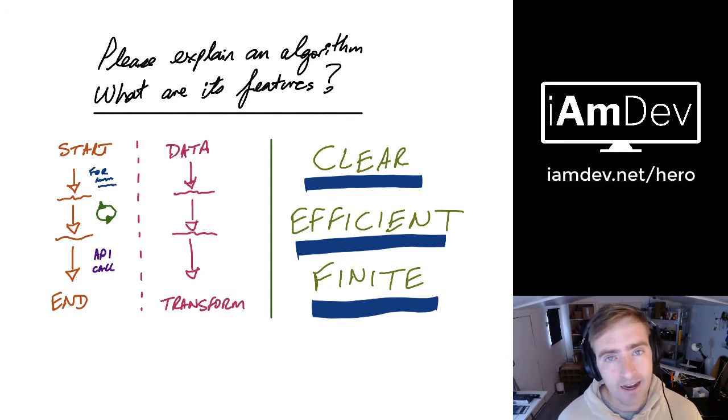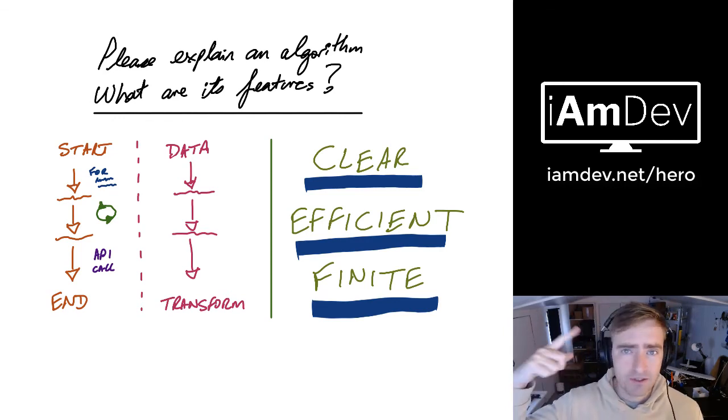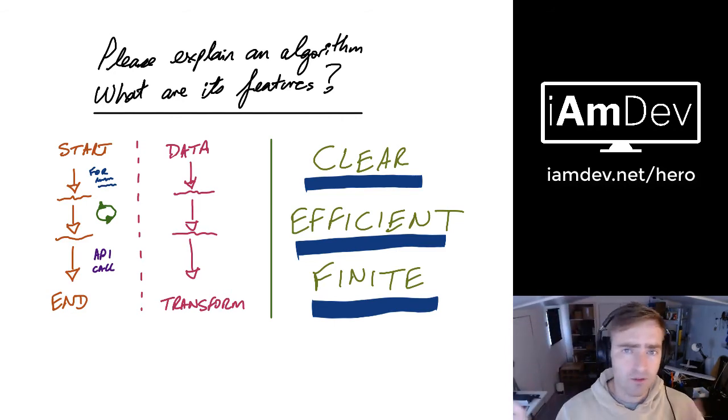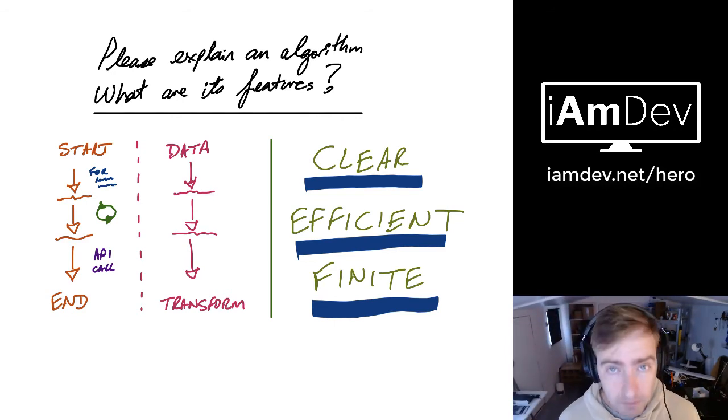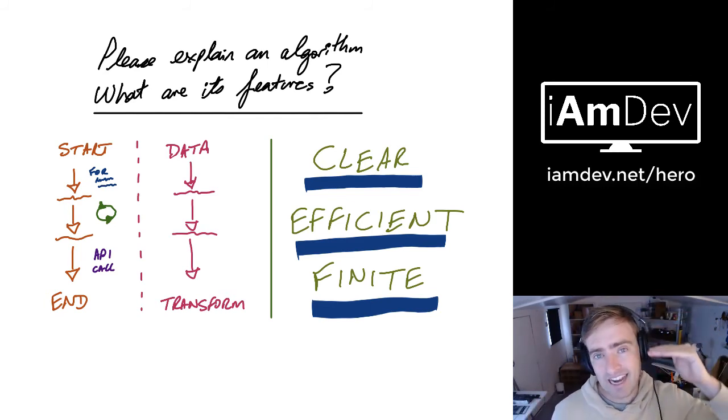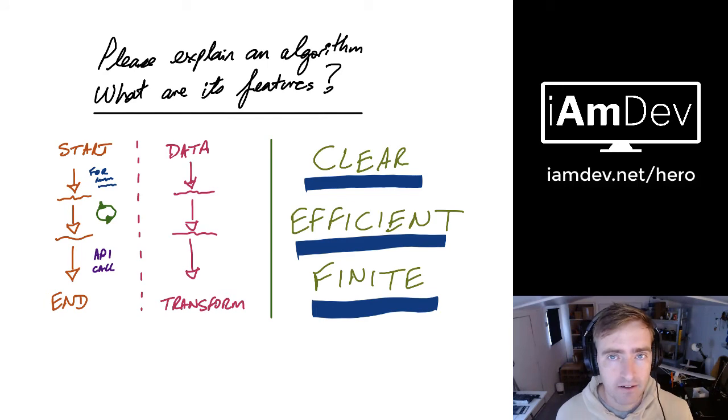Okay, finite is the final section. Your algorithm has to end at some point. It can't be an open loop that sort of does a bunch of stuff and then jumps over here to do this and then jumps over here to do this, depending on the results of each other. That's called spaghetti code, right? An algorithm has an in, it has an out, and that's it, okay? You can do stuff in between, obviously, but it needs to have an in and an out. So it needs to be finite, it needs to end somewhere.